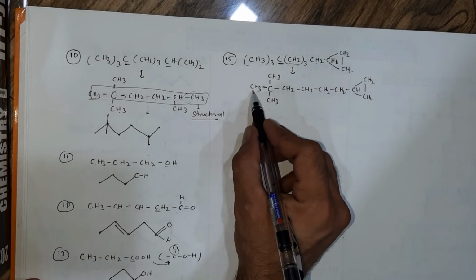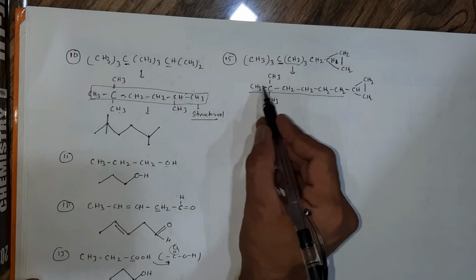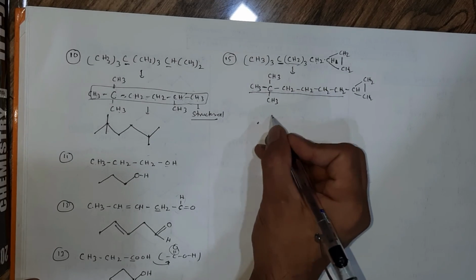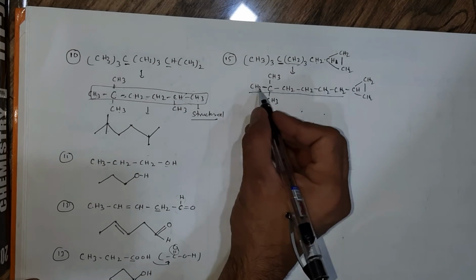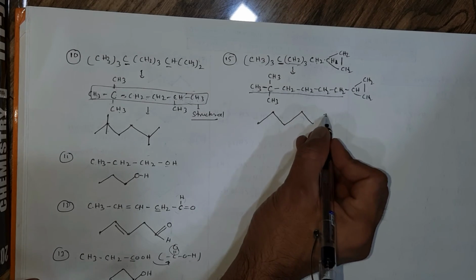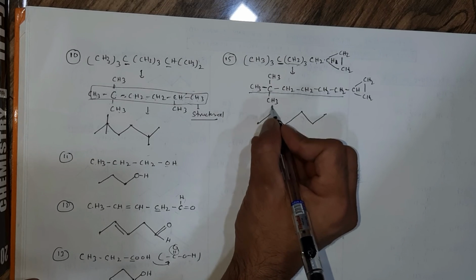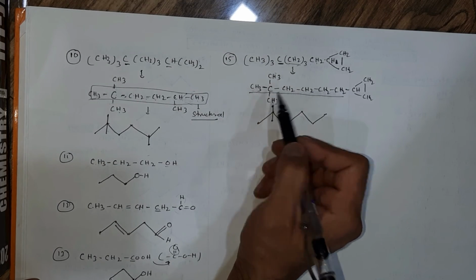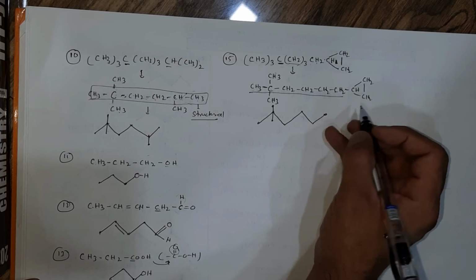So let's make a structure. पहले यहाँ से आप बना लोगे number of carbon. 1, 2, 3, 4, 5, 6 carbon. First carbon, second carbon, third carbon, fourth, fifth, sixth. All of them are attached by a single bond. तो मैंने इसको single bond से attach कर दिया है. Okay. Now from the left hand side there are 2 methyl. एक इधर डाल दो, एक इधर डाल दो. 2 methyl groups.